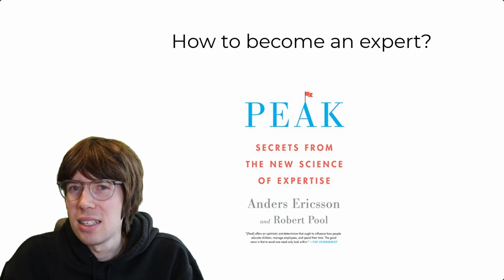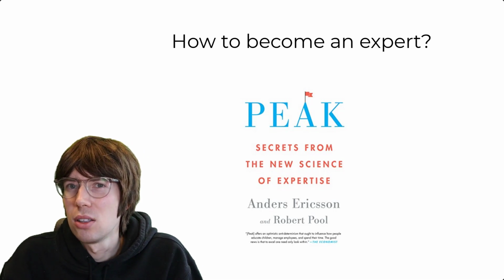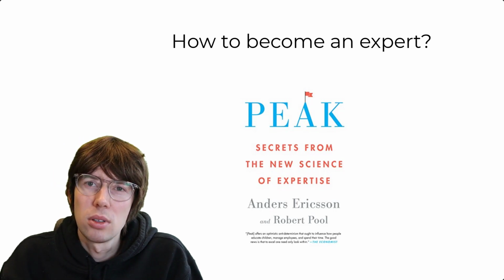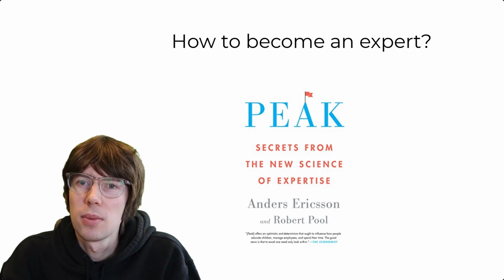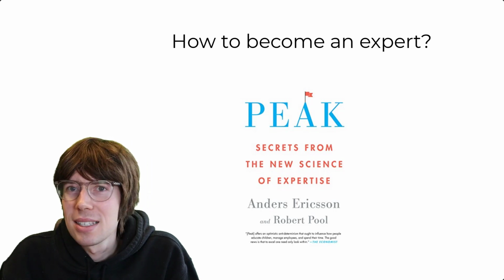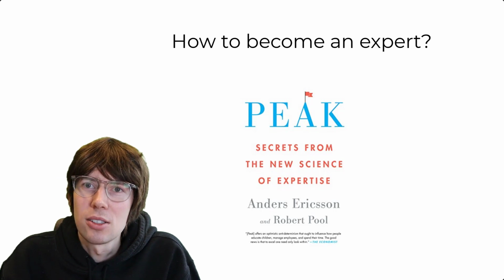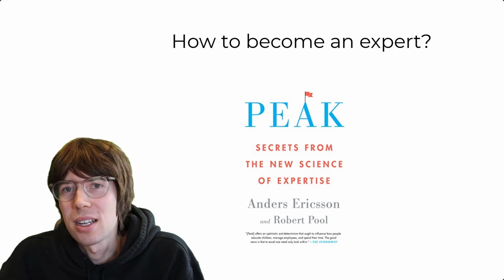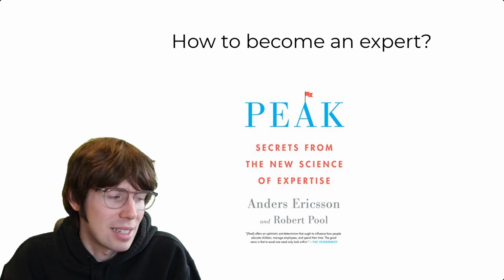But the biggest weakness is that 10,000 hours only says something about the quantity, not the quality. It does not matter how much time you spend if you're only doing what is called naive practice. So Anders Ericsson says you also need quality. Specifically, you need to do something called deliberate practice, which he talks a lot about in his book, what it is and how it works. So to identify an expert, you need to find someone who has been doing deliberate practice for not 10,000 hours, but a very long time, at least.